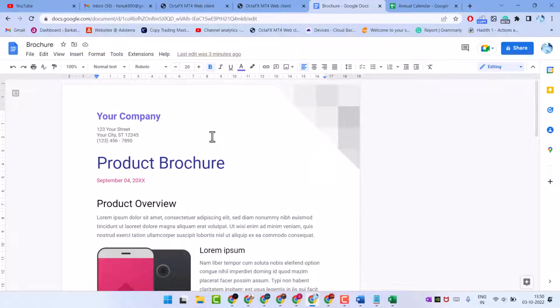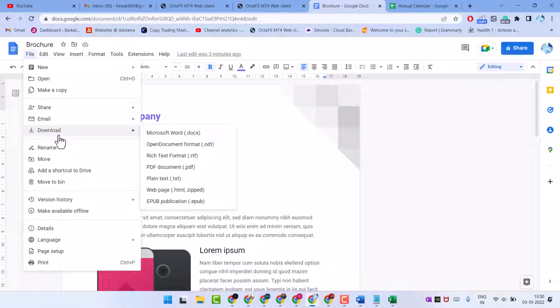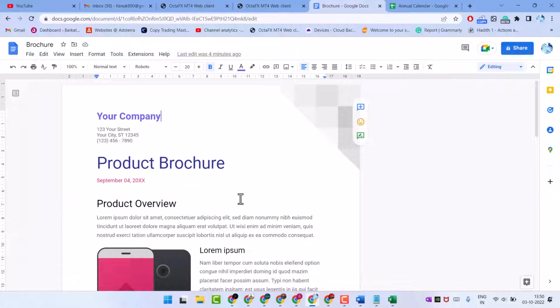So open your Google Docs and after that click on File. Here hover the cursor over Download, and here, guys, you will see some options. Select Microsoft Word or Microsoft Excel. If you do not see the Microsoft Excel option, then